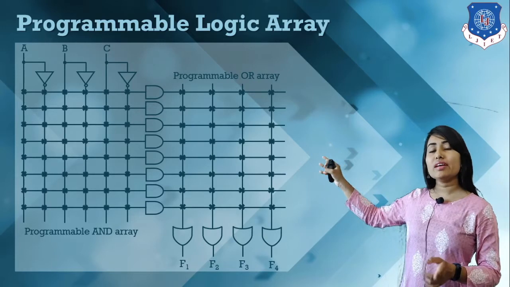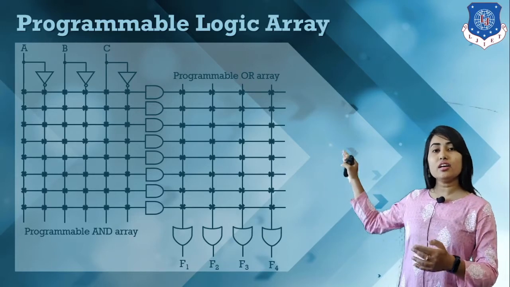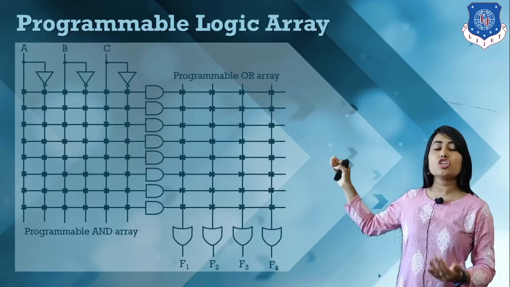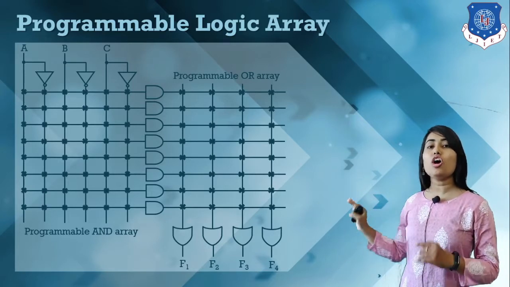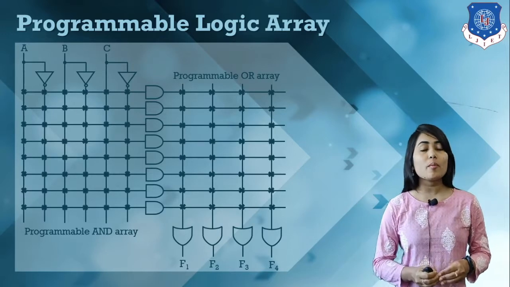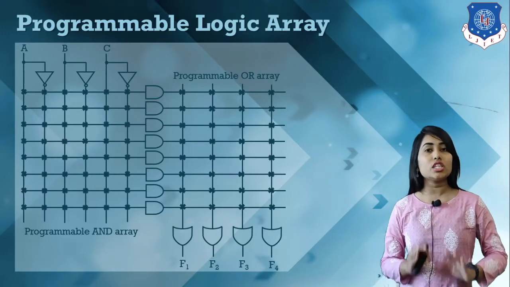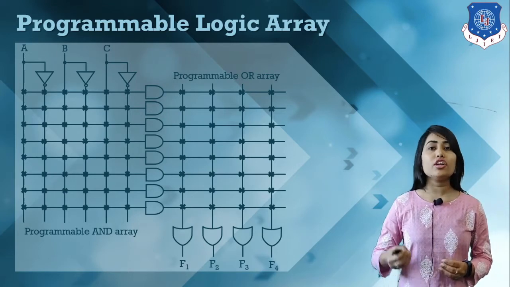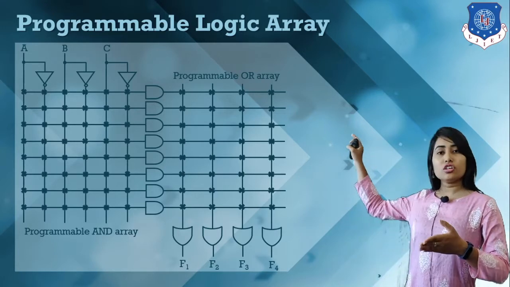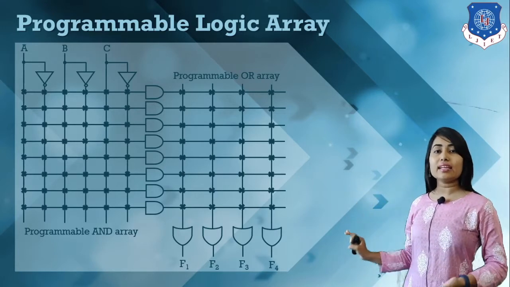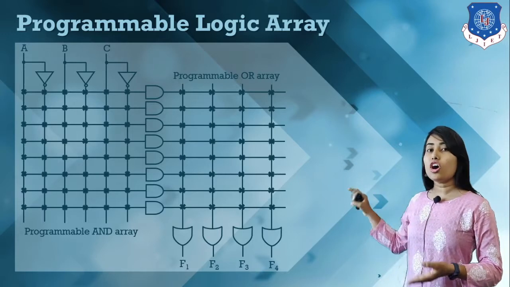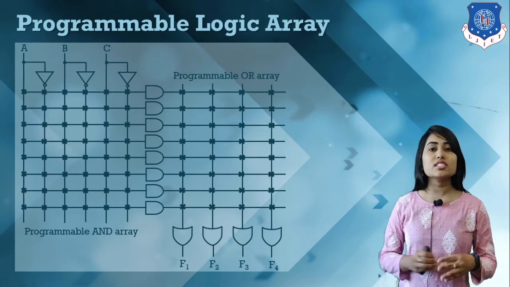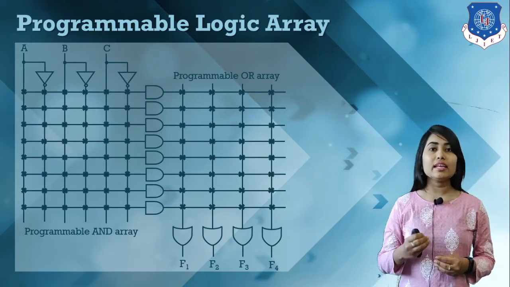That's why here we have 6 crosses, which denote that in this AND gate we connect either A or A dash, B or B dash, C or C dash. In all the AND gates, depending on our requirements, any of the inputs is connected with the AND gate. Then any of the 8 AND gates is again connected to our OR gates depending on our requirements. Whatever terms are required in any logic function are connected with this AND gate as product terms.